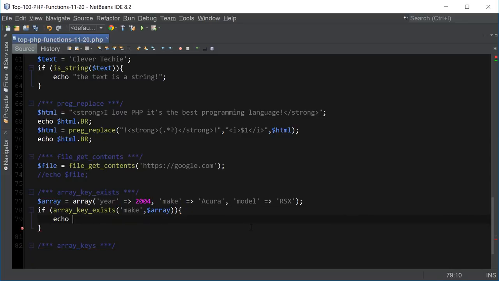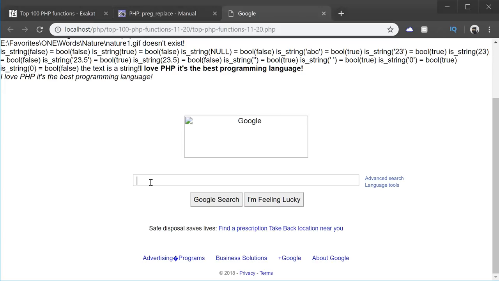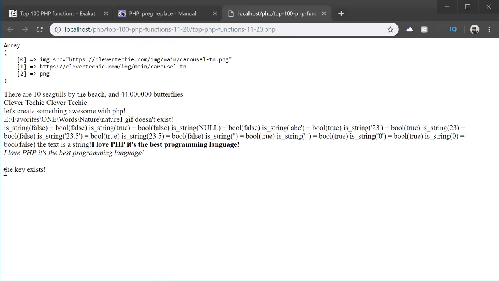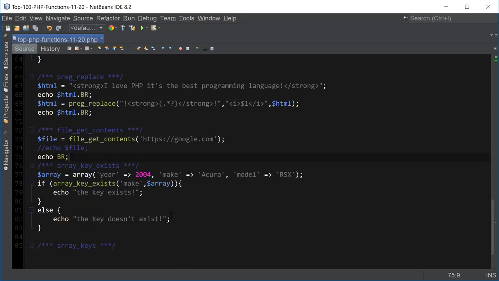So then we can say echo the key exists, else echo the key doesn't exist. So it should print out the key exists. If PHP is not lying, the key exists. Awesome. Okay, so you can also insert year or model and it will say it exists as well,